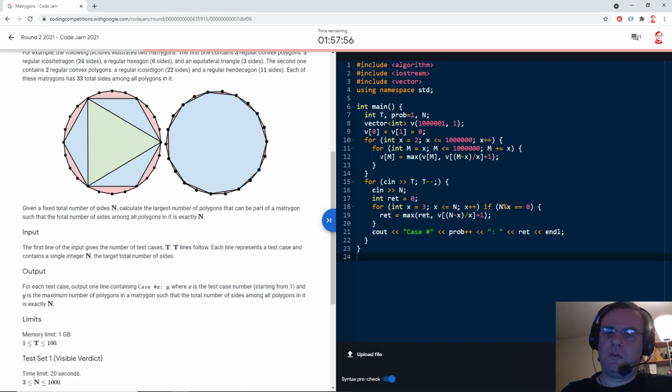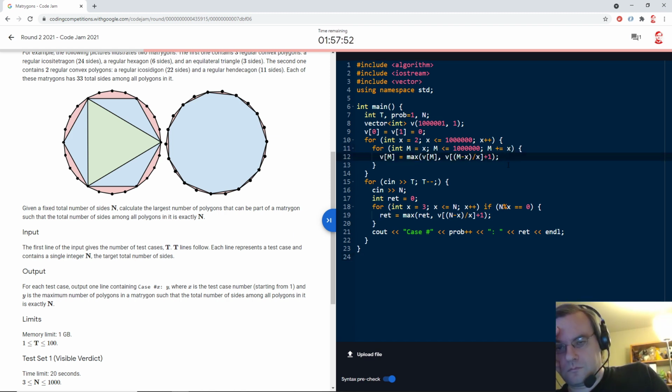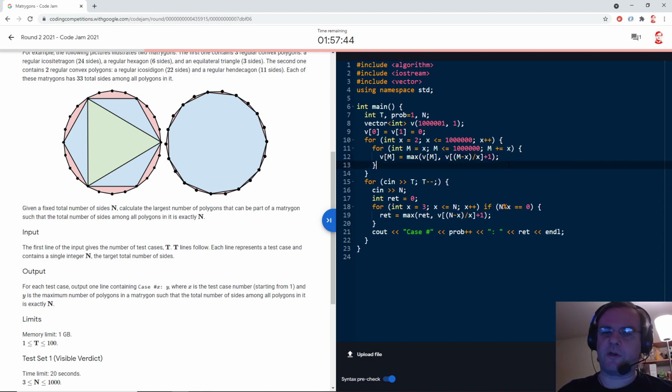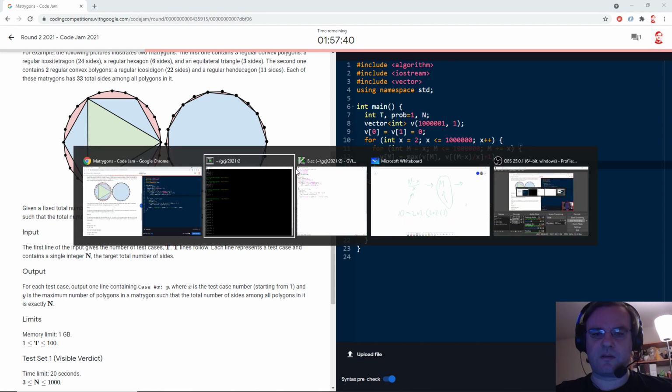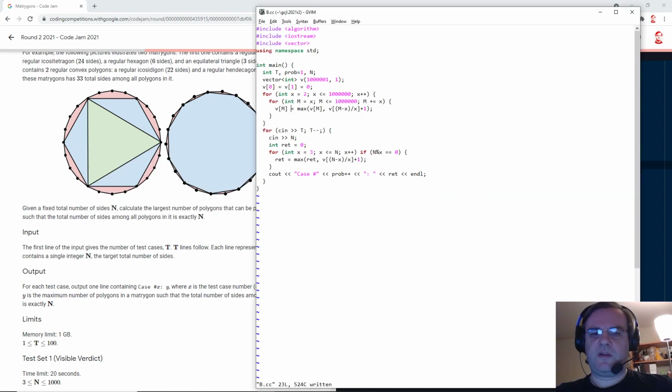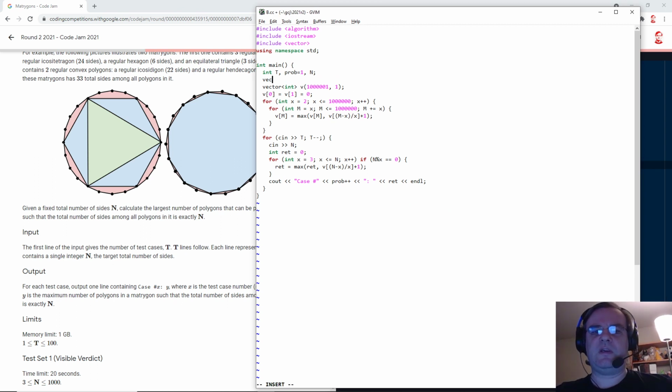Oh, that's the wrong order. That's the problem. Changing these loops around isn't good because there's no guarantee that Vm minus x over x will be the correct order. Oh my goodness. Okay, well, a quick solution for this is this.